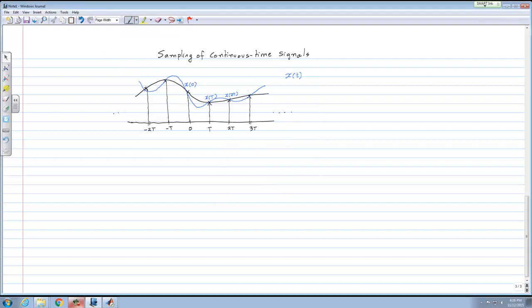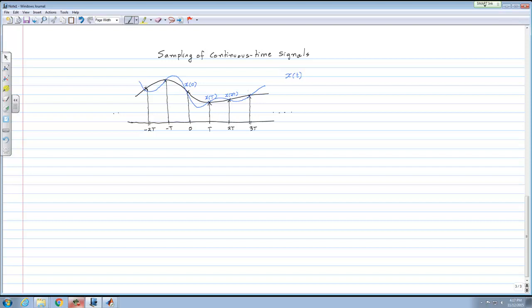Okay, so now I'm going to change the setup slightly. I'm going to tell you that there was a band limited signal x of t, band limited to between negative omega m and positive omega m. Then we took samples of the signal every T seconds apart, and we know the samples. Now the question is, can I recover the signal x of t back from the samples? And surprisingly, the answer to this question turns out to be yes, as long as you sample the signal close enough.